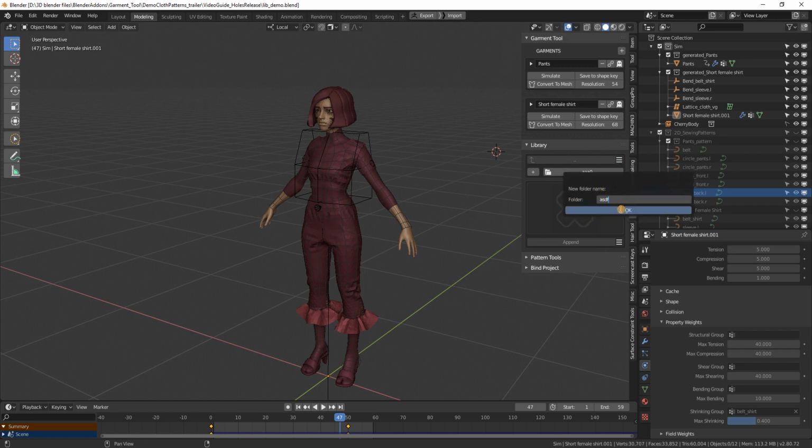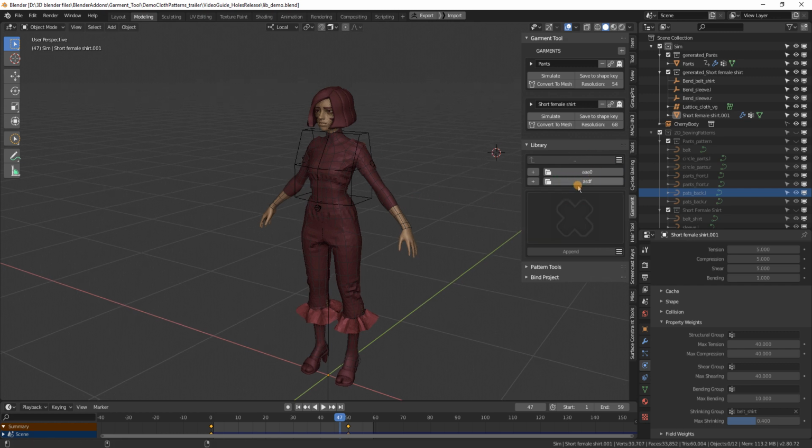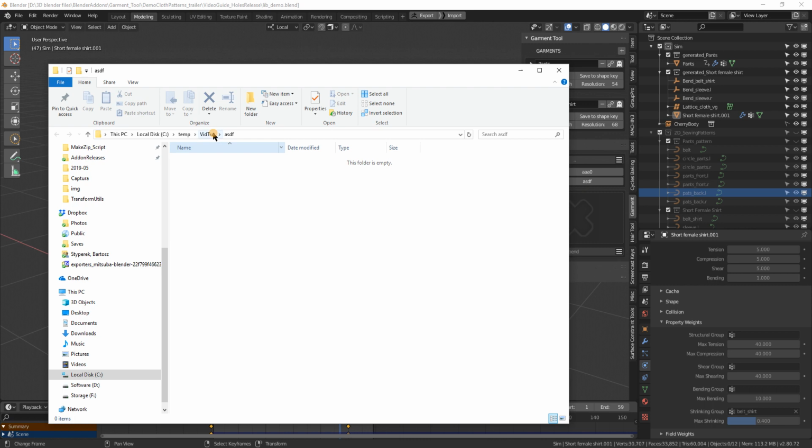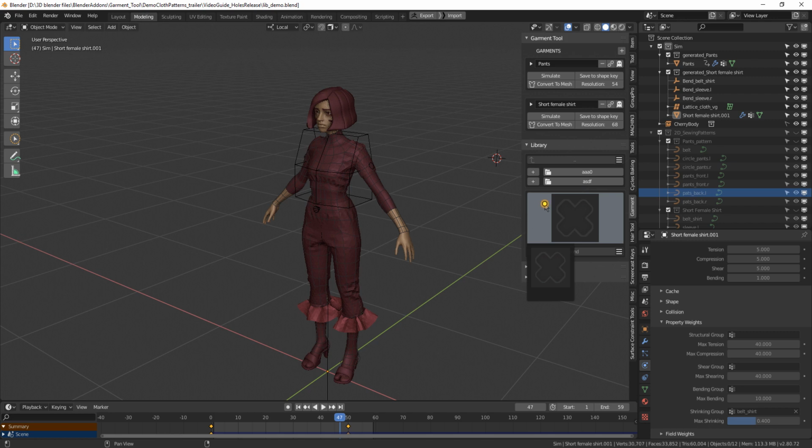Maybe I will show you that if you want, you can share this easily. Just shift click on the name of the folder. It will open the Windows Explorer, and in here this was actually empty folder, but you can save this, maybe zip the folder if you want, and if another person unzip this into their library, Dadon will automatically detect this as new folder, and they can use this also.